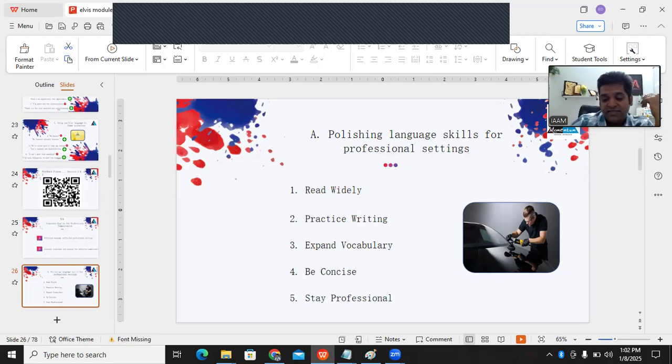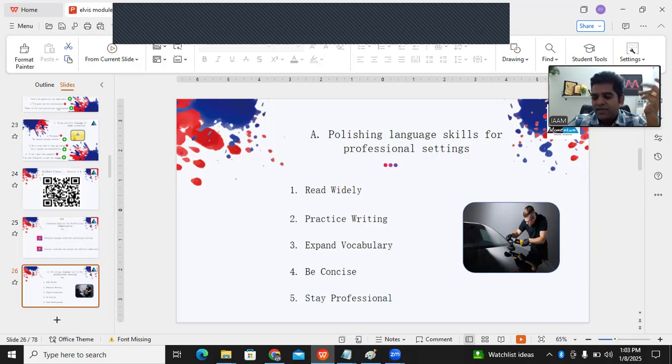Then the fourth is be concise. They need to be very concise in whatever they speak, whatever they share. Ask them to share anything for 10 seconds, and now ask them to repeat the same thing and complete it in 5 seconds. You will see that it is possible. That is an activity or exercise that you can do in the room. Now you be more creative. I'm just giving you thoughts, just triggering something in your mind on how to animate it and how to go about it. You can be creative and use your liberty.